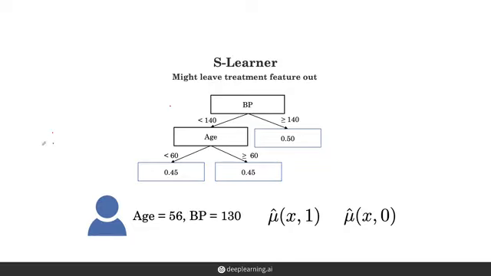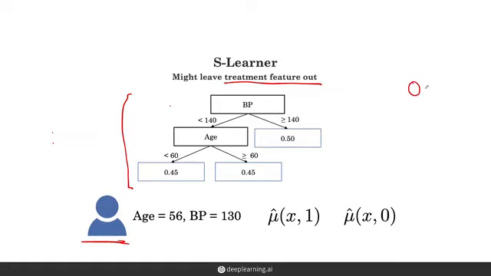The disadvantage with the S-learner is that we might learn a tree that may decide not to use the treatment feature at all. If we don't have the ability to force a decision tree to use the treatment features, we might still get a tree that makes a very good estimate of the expected outcome for a patient under both treatment and control. However, the problem is that such a model would produce a treatment effect estimate of 0 for